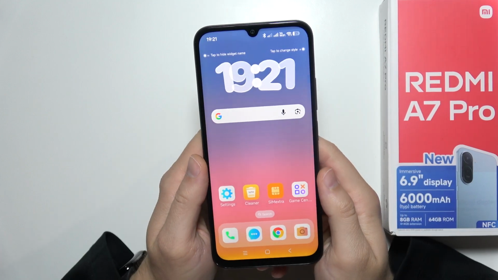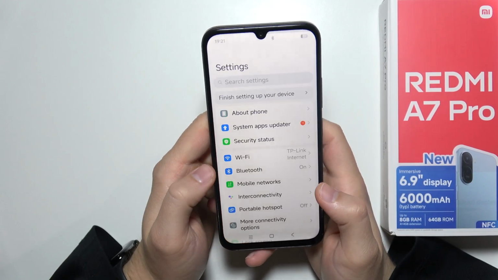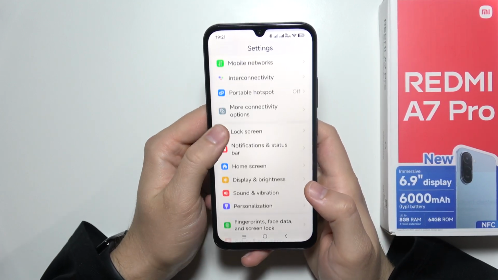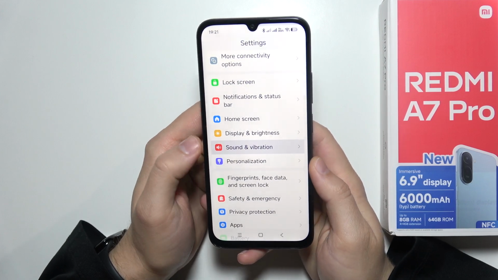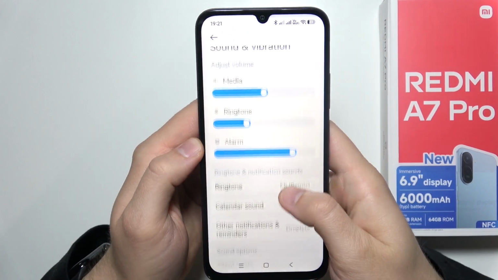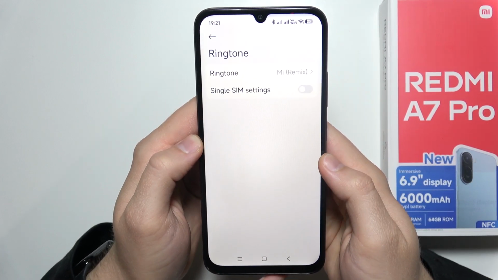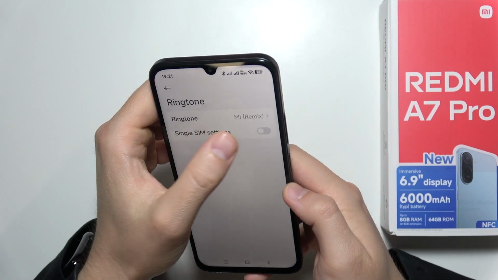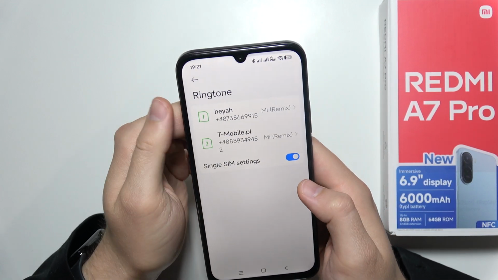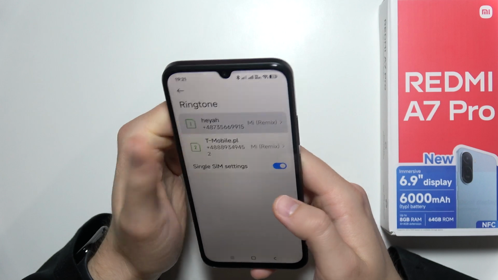To set a song as a ringtone on a Redmi A7 Pro, you have to start by opening the settings. Now scroll to sound and vibration, and then you will have to go for ringtone. Now, as you can see, you can set a ringtone for each of your SIM cards if you want by clicking,